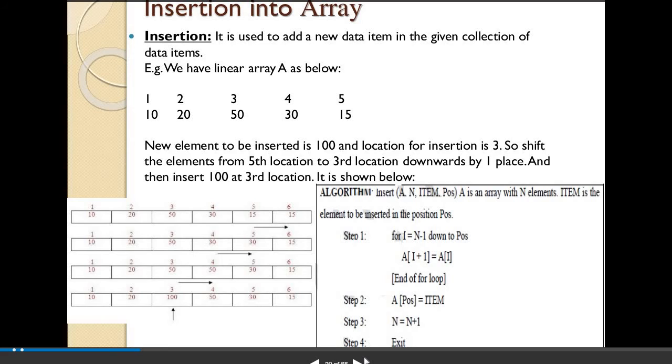So, insertion in an array. Insertion is used to add new data items to a given collection of data items. We have a linear array, say locations 1, 2, 3, 4, 5, storing 10, 20, 50, 30, 15. A new element, 100, is to be inserted at location 3. Then shift the elements from the fifth location down to the third location downwards by one place, and then insert 100